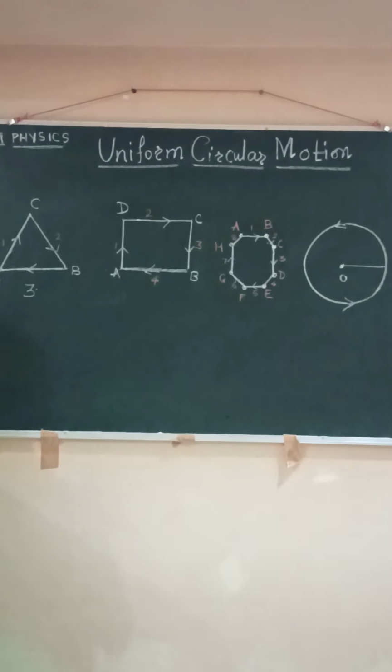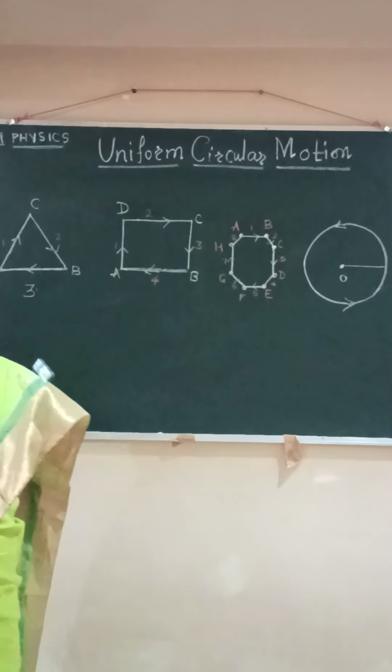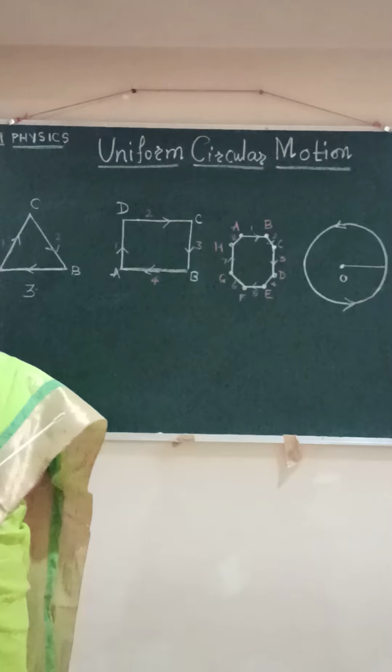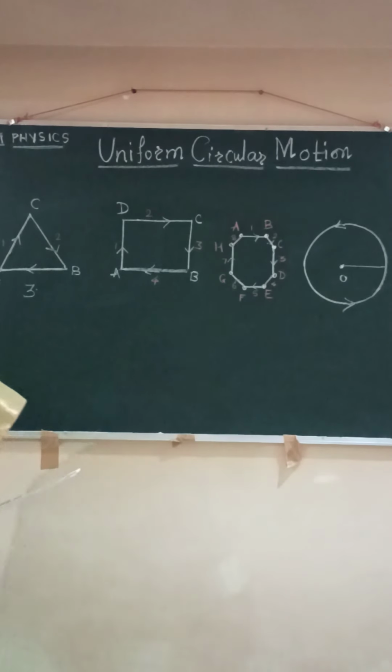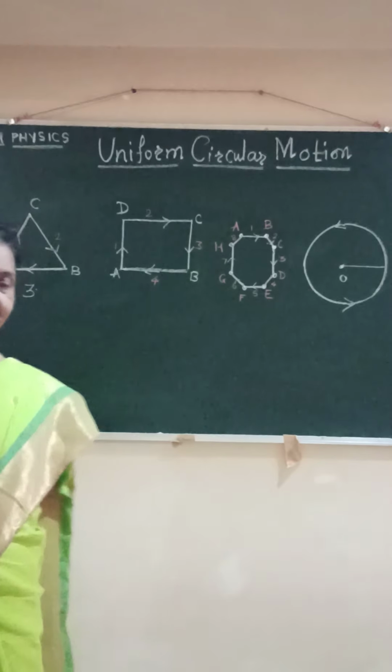If a person wants to move from point A to point C, again from point C to point B, and again from point B to point A, the person moves with a certain velocity. The magnitude of that velocity remains constant, meaning the speed of the person is constant. But when the person moves from A to C and then from C to B, he has to change direction, and if there is a change in direction, we say that the velocity of that object changes; it does not remain constant.